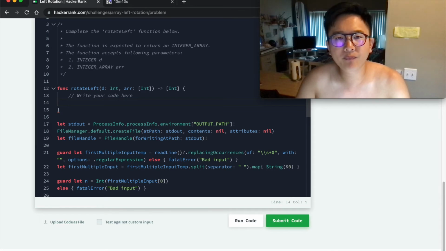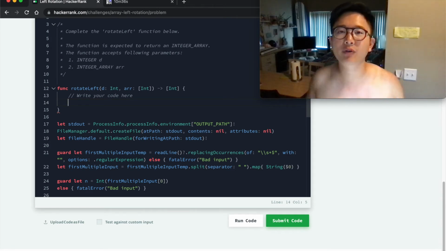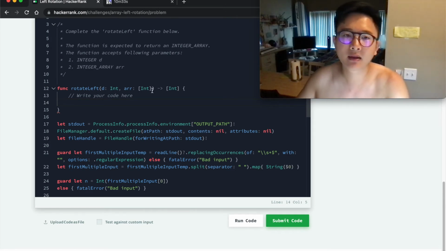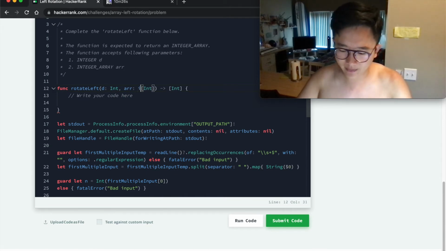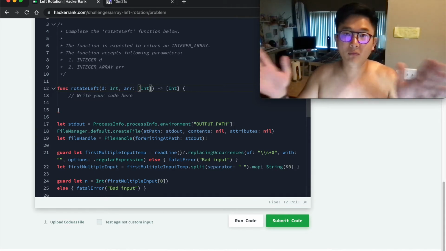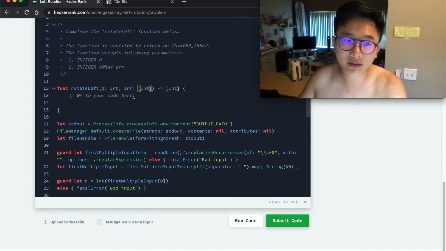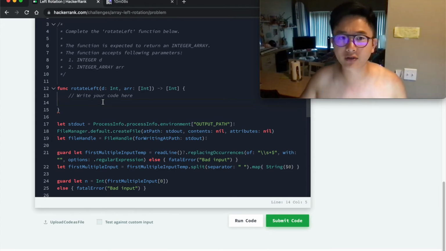Okay, the first question is: can we do this operation in place, which means within this array? Well, first of all, it's kind of hard to do because they are not giving this inout keyword where I can have an in-place operation on this array. So this is definitely, we need to create a copy. Technically, it would be really hard to do an in-place operation for this array,